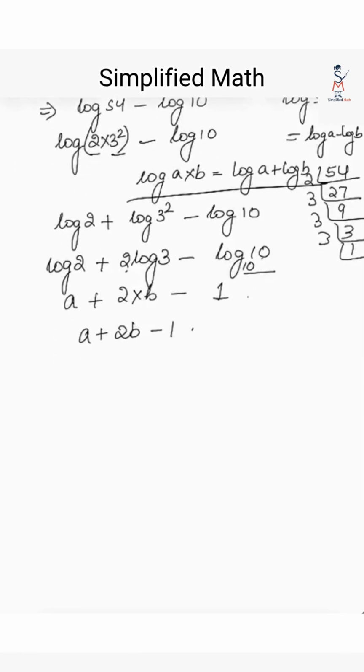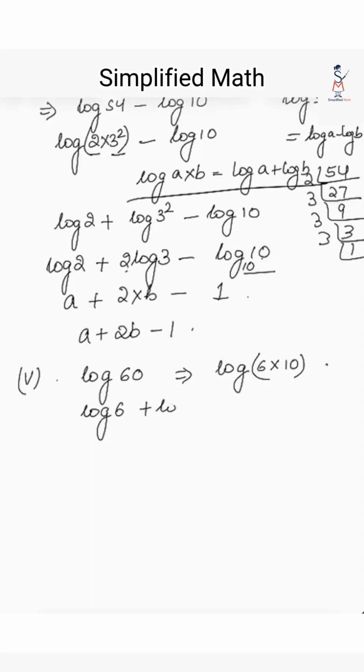Fine. Now the fifth one we will see. The fifth one is log 60. Now how can you write log 60? Log 60 we can easily write it as, you will have to think a bit. Log 60 can be written as log 6 into 10, right? Fine. So this will become log 6 plus log 10,